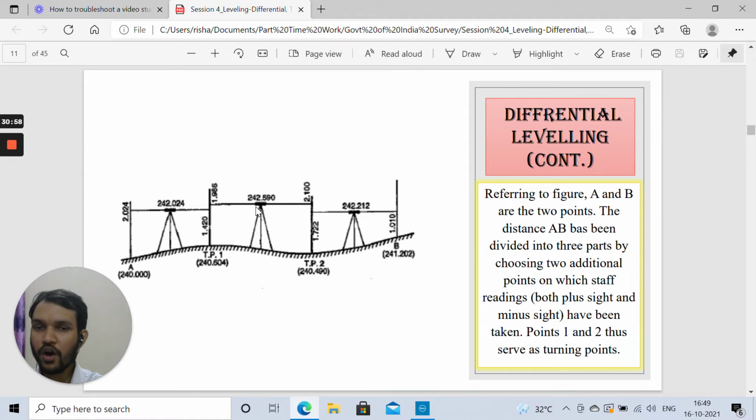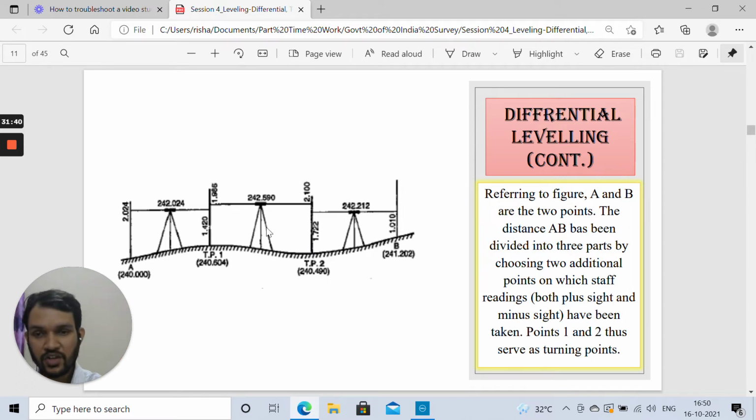So if 1.986 meter has been read out as the leveling staff reading, and this ground surface was at an elevation of 240.504, we just add this value of 1.986. Once we add this, on 240.504 with 1.986, we get the height of instrument as 242.490. Why is it necessary? For each and every setup, it is necessary to establish the height of the instrument so that you can compute the difference in elevation once you place the leveling staff at any other station of unknown elevation.